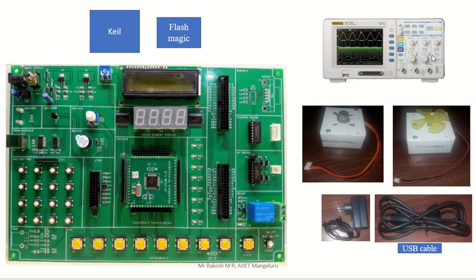Instead of this, we can use a CRO, cathode ray oscilloscope, for that particular experiment. But the DSO is very helpful, as it gives a perfect signal. Here we can store any signal temporarily, and you can put a pen drive here to capture the signal. Many other options are there compared to a CRO.